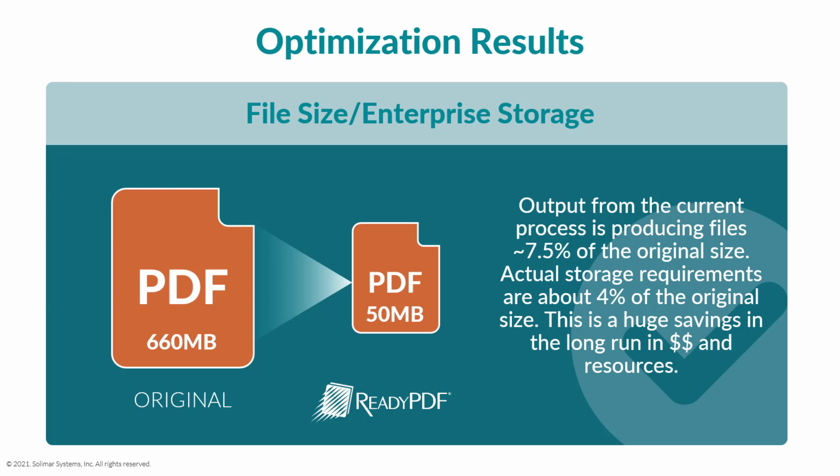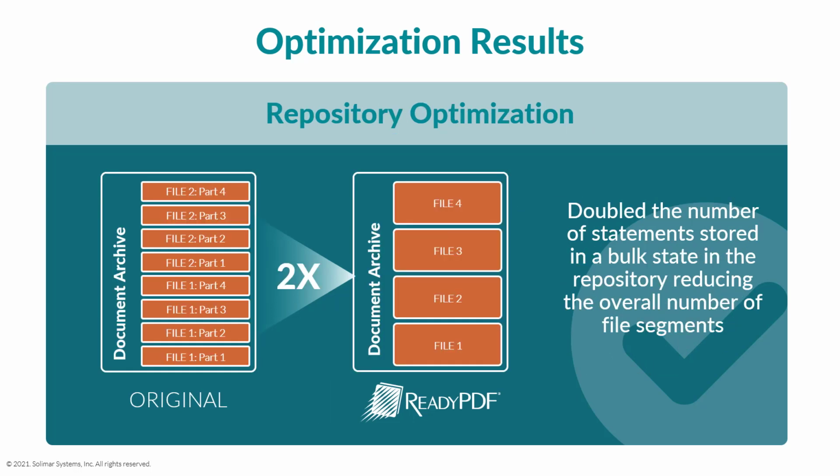For another application, the optimization reduces the output size by 92%, with a reduction of 660 megabytes down to 50 megabytes for the production runs. In daily processing, being able to reduce print batch sizes has other benefits. In production, they are able to reduce file size of production batches from 6.6 gigs down to about 500 megabytes